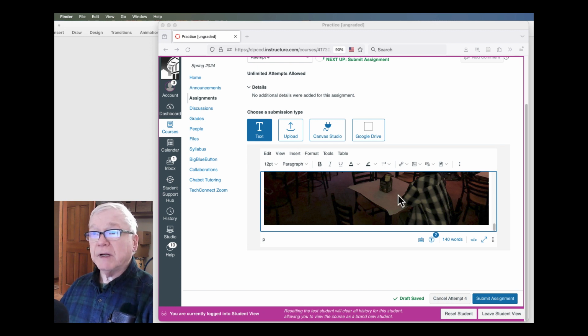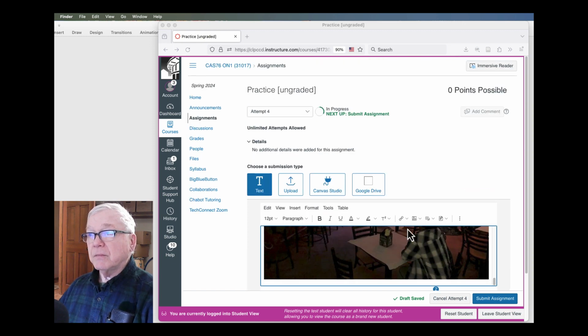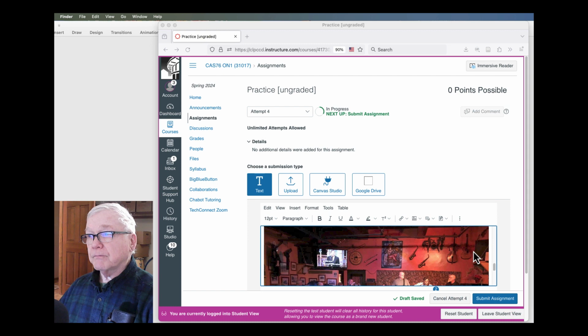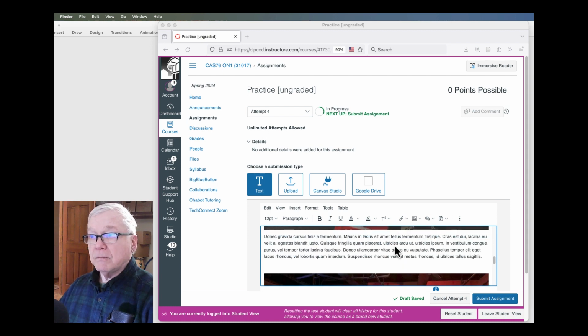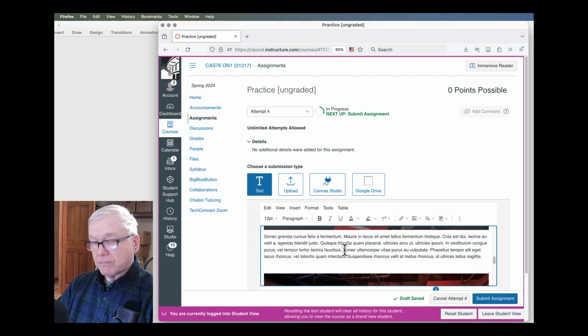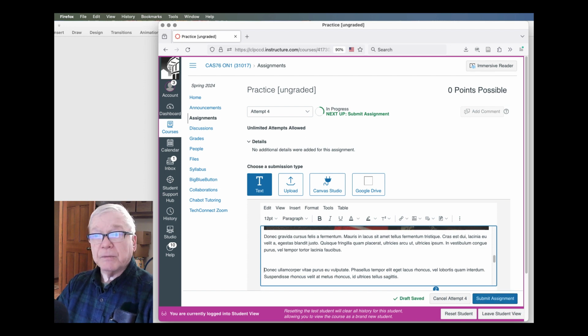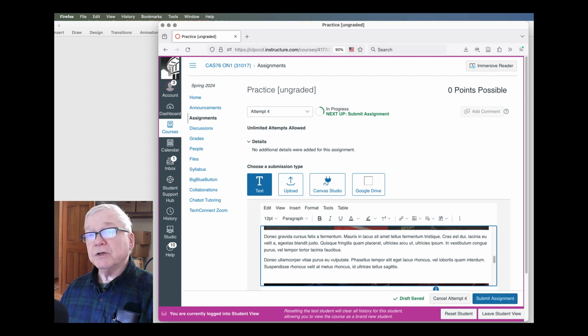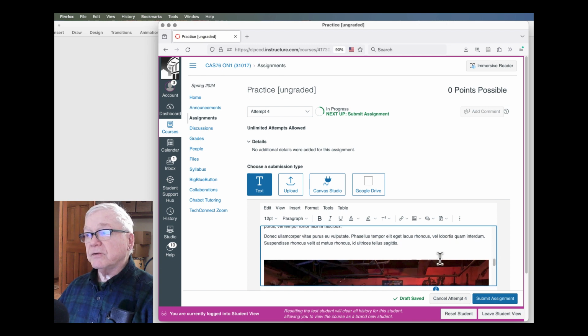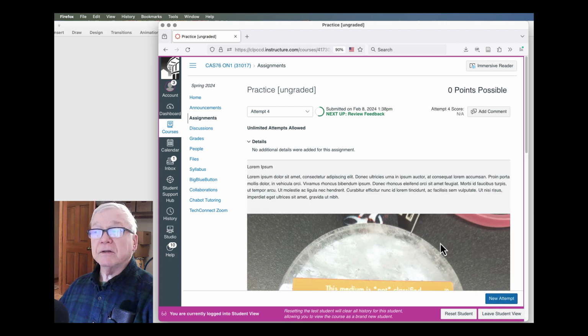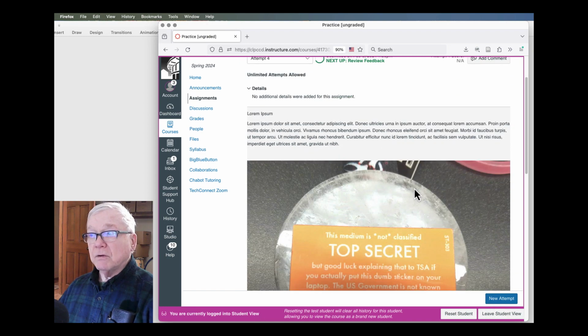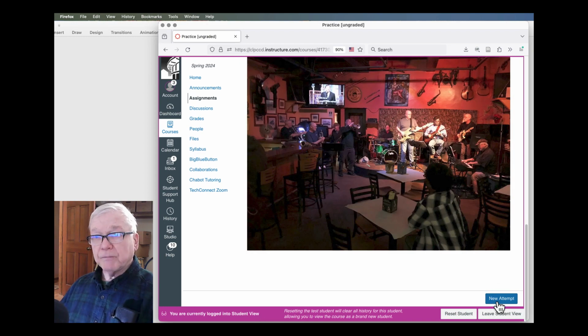There's various formatting, blah, blah, blah. Fancy formatting often doesn't work very well. Just some basic, maybe just using carriage returns to separate things visually so the information we want to look at later is easy to find. Then I'm going to go ahead and click that submission. And now I'm done with that. It looks like it went in because I got the new attempt button.